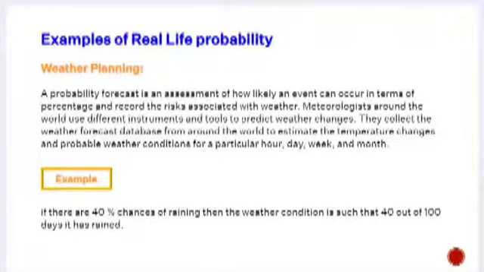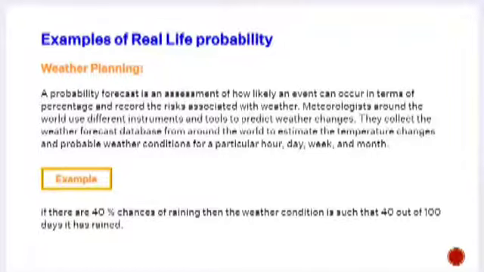Examples of real-life probabilities: in weather planning, a probability forecast is an assessment of how likely an event can occur in terms of percentage, and records the risk associated with weather. Meteorologists around the world use different instruments and tools to predict weather changes. They collect weather forecast data from around the world to estimate the temperature changes and probable weather conditions for a particular hour, day, week, and month. For example, if there is a 40% chance of rain,